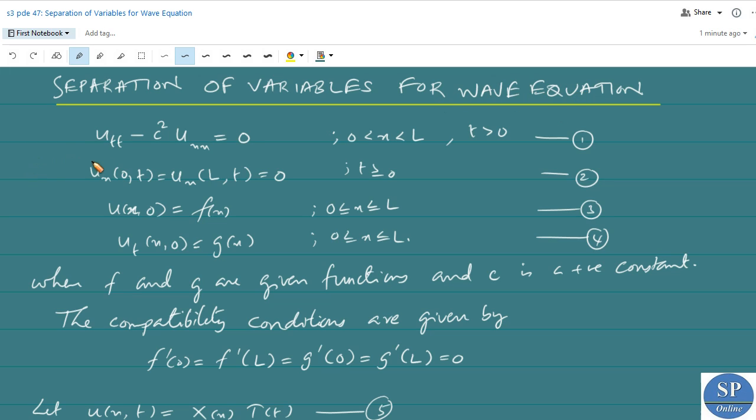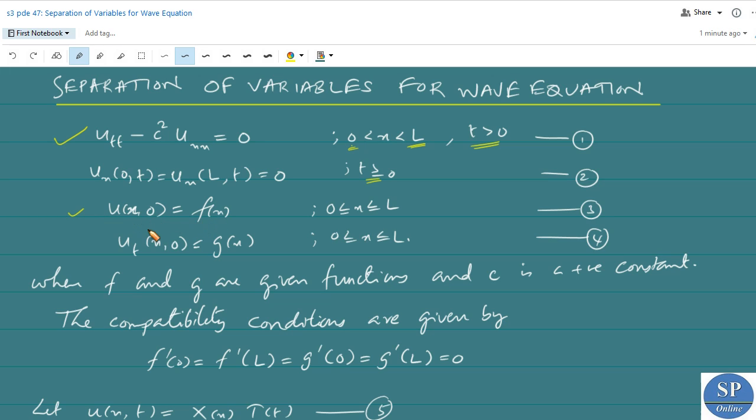Okay, so consider the wave equation u_tt minus c square into u_xx equals 0 for x varies from 0 to L, that is a finite string. That is wave equation for a finite string and t greater than 0. This is the time variable. With the boundary conditions u_x(0,t) equal to u_x(L,t) equal to 0. That means when x equals 0, then u_x equals 0, and when x equal to L, then u_x equal to 0, for t greater than or equal to 0, and the initial conditions are given by